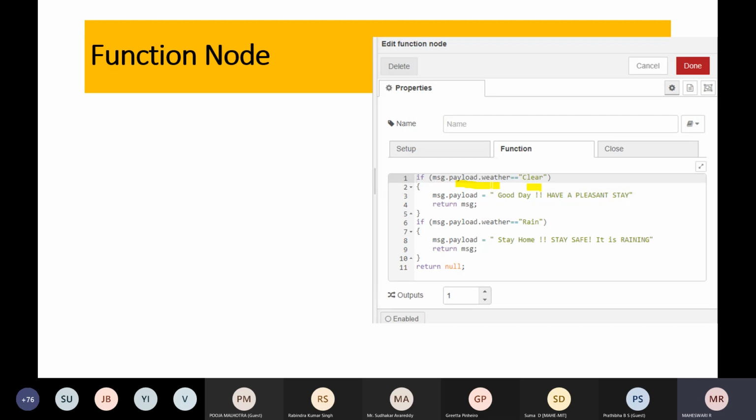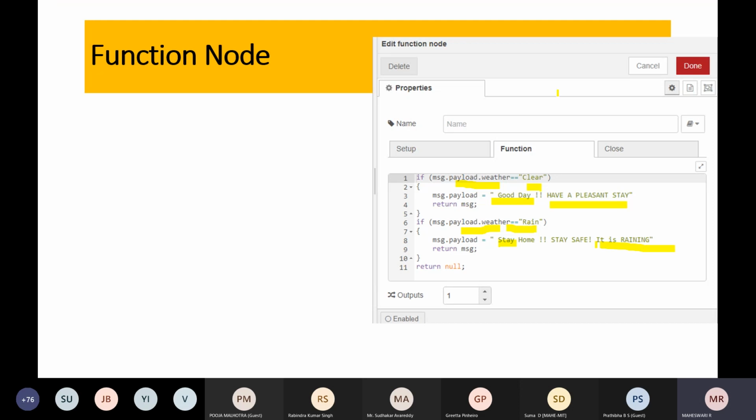So I'm checking whether the current weather is clear. If it is clear, I can say, good day, have a pleasant stay at Kodaikanal, something like that. Else, if the weather is rain, then I can send a message to my customer, stay in your room, stay safe, it is raining. Like that I can provide some automation to my customer. So you can do this using the function node.